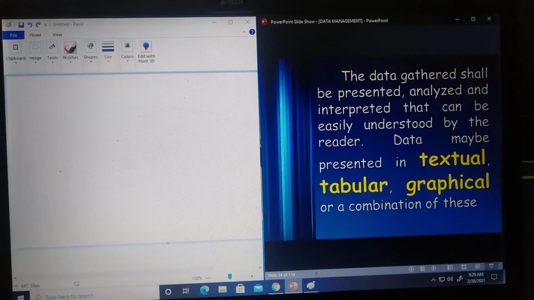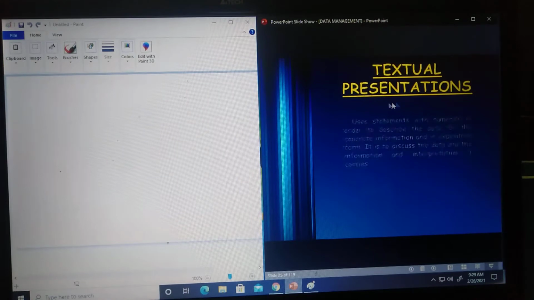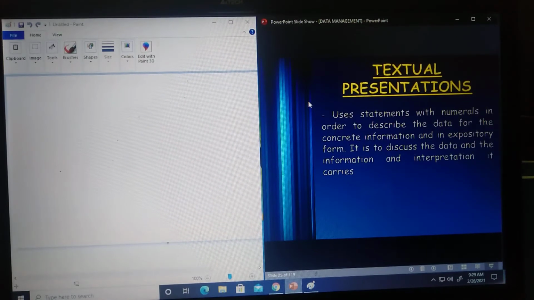data presentation. Okay, we have the textual, tabular, and the graphical. Okay, let's differentiate the three. When we say textual, guys, from the root word text, okay, yung presentation natin is more on text, paragraph, sentences